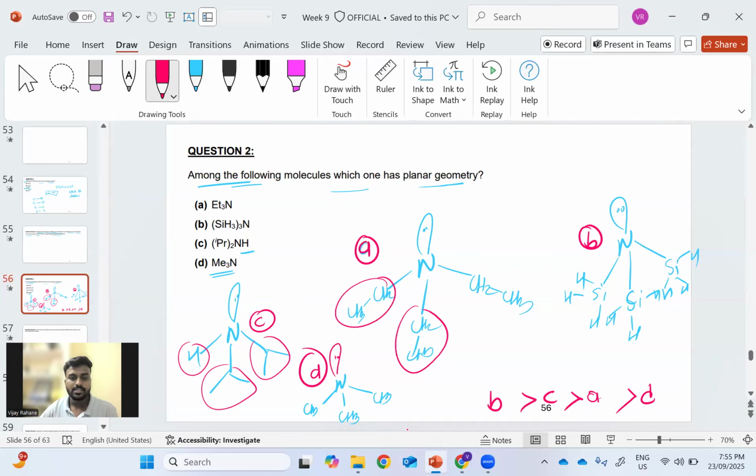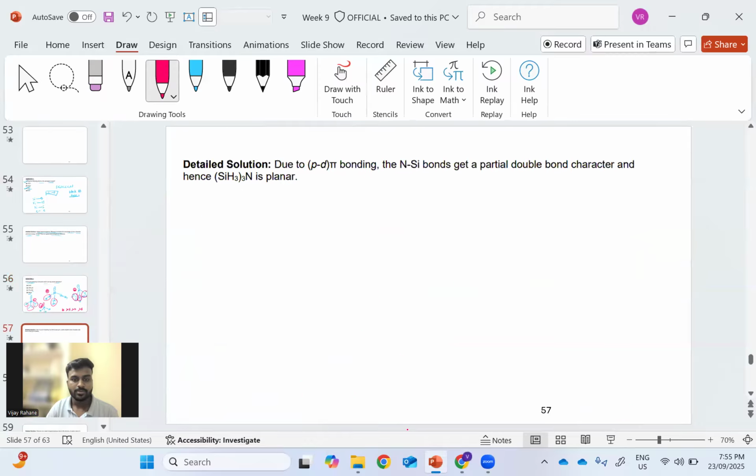So this should be the order of planarity, because silicon is the bigger atom compared to the carbon, and therefore it should have the more planar geometry. So if you look at here,